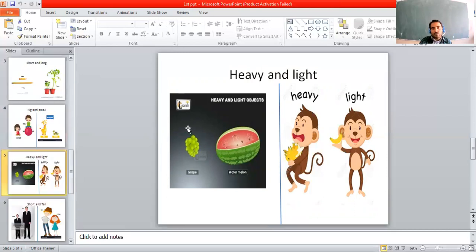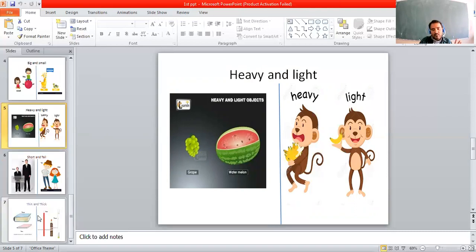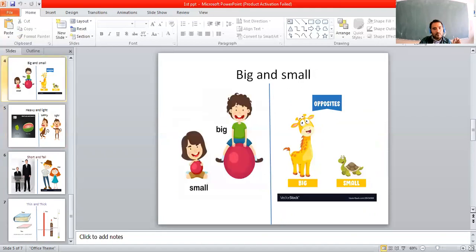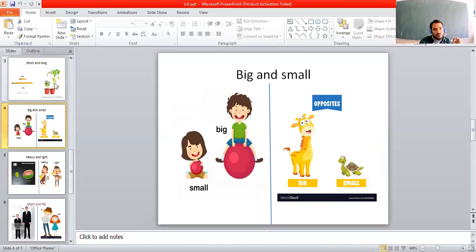Today your homework is to write the spellings of short and long, big and small, light and heavy, short and tall, thin and thick. Write the spellings two times in the CW. Okay. Today we have revised the concepts short and long, big and small. So write these words in the CW two times. Okay. Write in the CW and send one